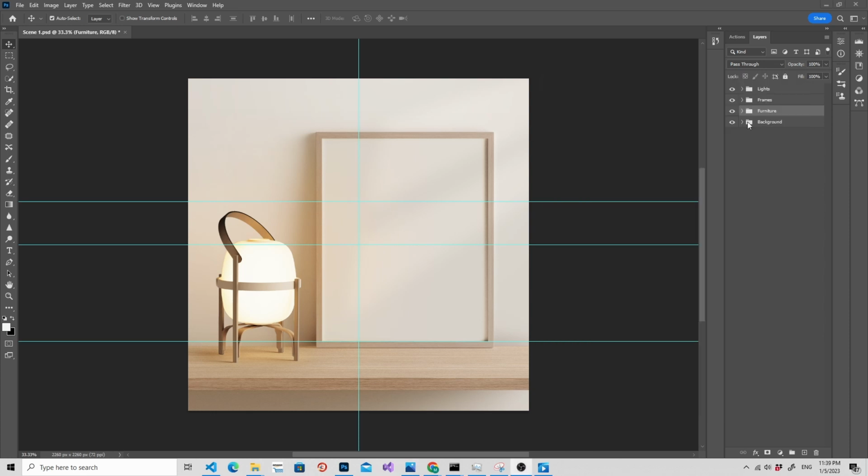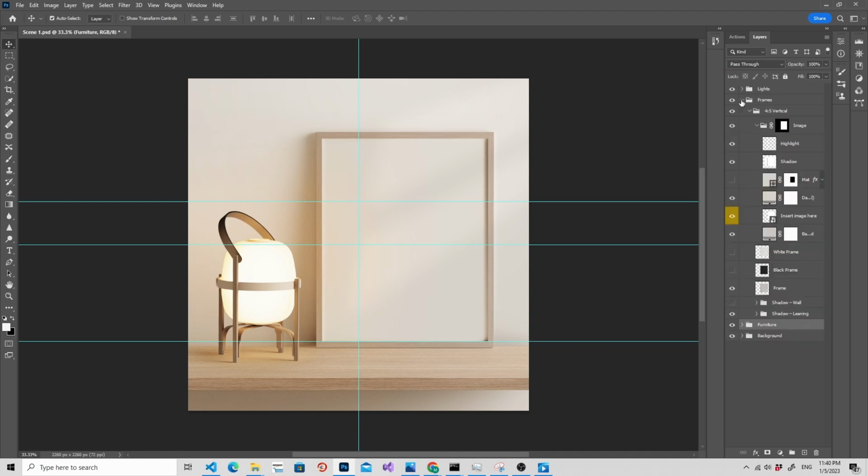Just to show you the complexity of the mockup file we're working with, it's not a simple file. It's nested with a bunch of different layers. But the layer we're particularly interested in is within this frame. So you have this layer nested within this layer, and the layer we're interested in is this one called insert image here. So we're going to be working with multiple PSD files, and each file is unique with its layer